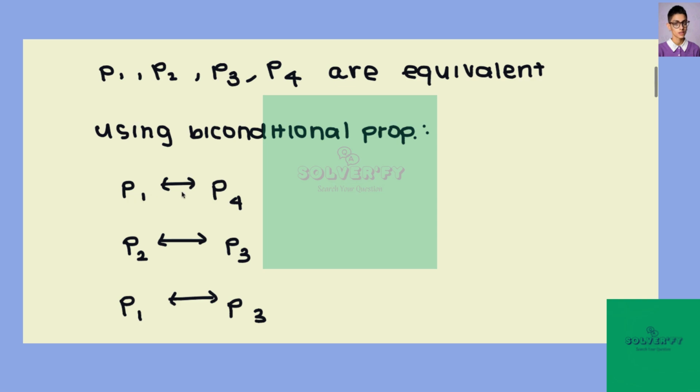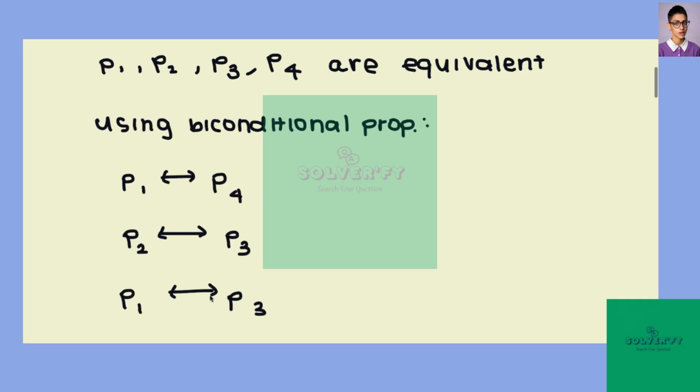So P1 if and only if P4, P2 if and only if P3, and P1 if and only if P3. Now this arrow is a biconditional arrow, and what it means, you've probably heard, is if and only